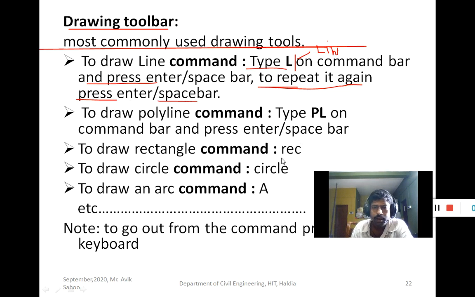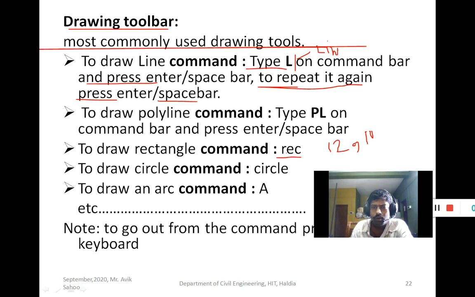To draw a rectangle, the command is rectangle. To draw the rectangle you need a length and width. The first one is length, suppose 12 centimeters, then the width is separated by a comma, suppose it is 10.